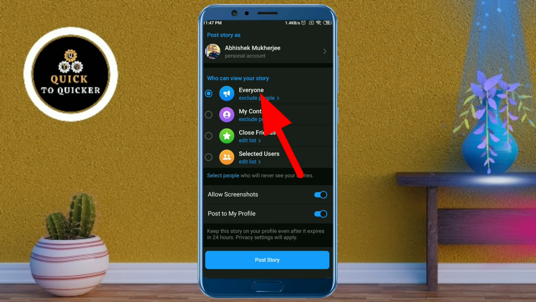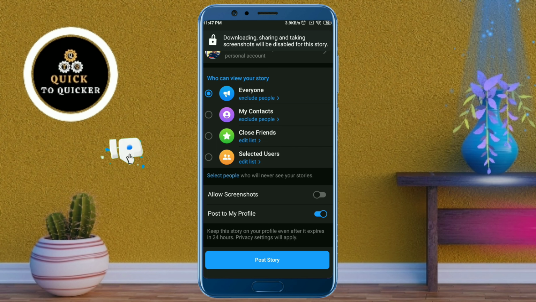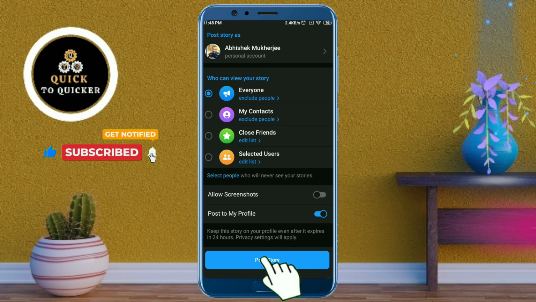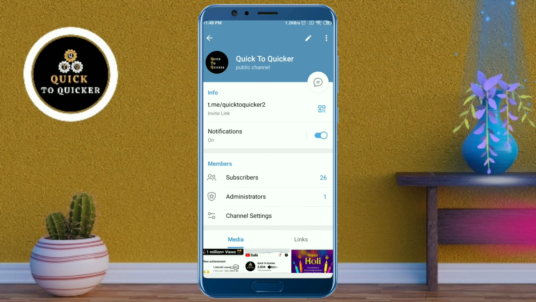Then here you select everyone. After that, just turn off the allow screenshots option. Now no one can take screenshots from your story. After that, click on post story button at the bottom. Now your story will be posted on your